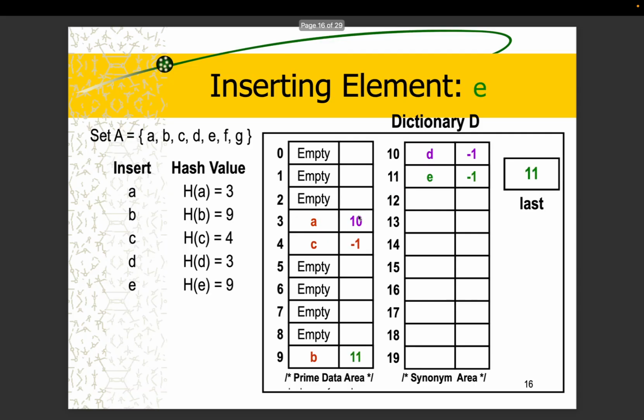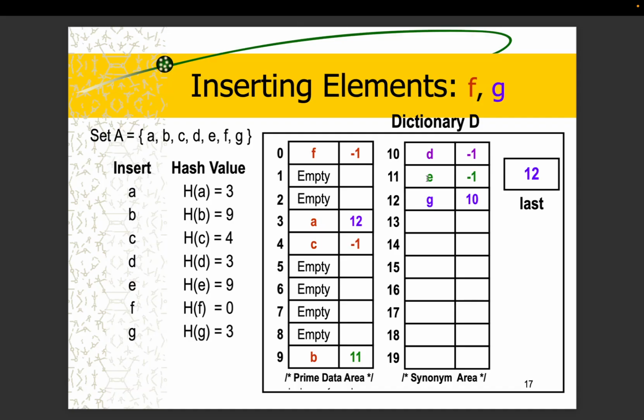Very simple. Next, we insert E. E was supposed to be at index 9, but because it's not there, insert like in version 1. Increment last, insert there. Get the value of my link to be the value of the previous element, which was -1. And then let the previous element link point to the new value. It's very similar to our cursor-based, kind of looks like a linked list. So this is our version 2 implementation.